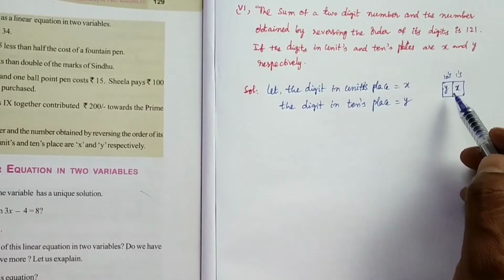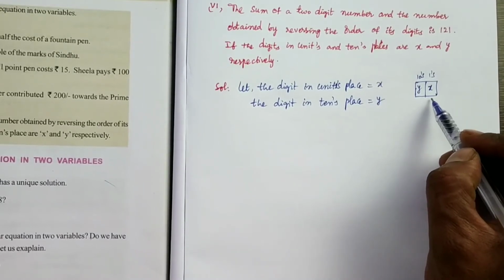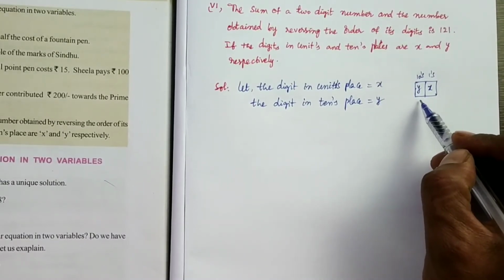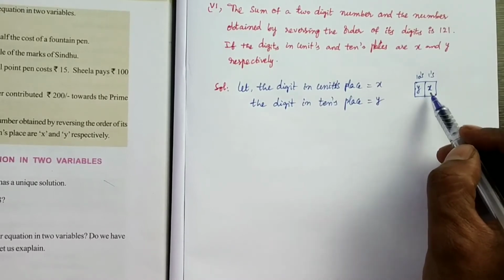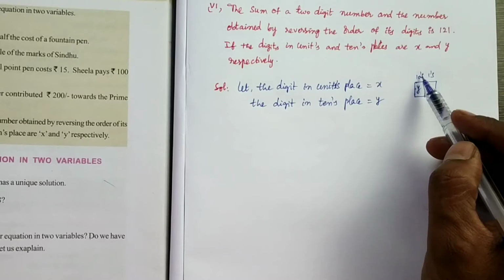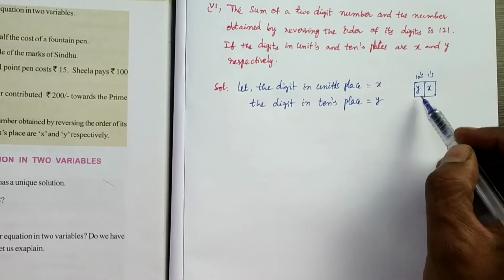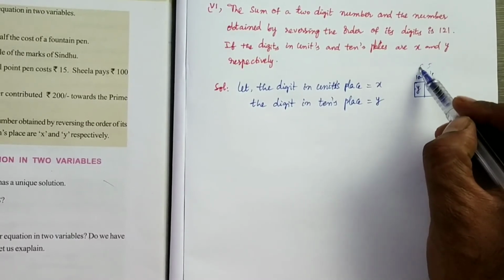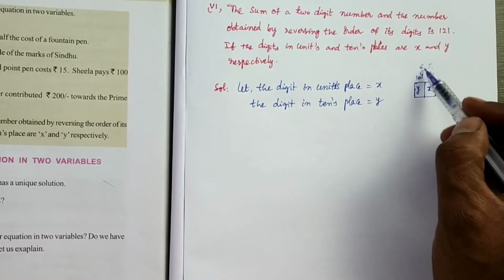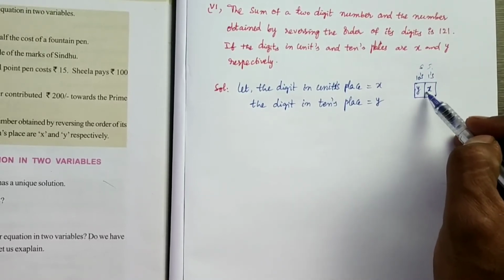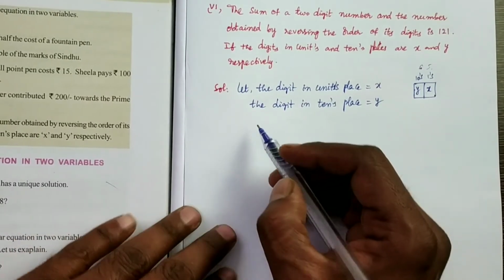here some difference is there. Suppose in ones place 5, tens place 6, then it will be 65. To get 65 using 6 and 5, you should multiply by the place value and add. Suppose 65 means 6 into 10, 60, plus 5 into 1, 5, that is 65. Like that, we should multiply by place values and add. So the required number will be